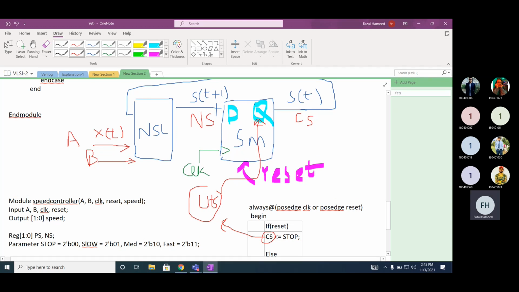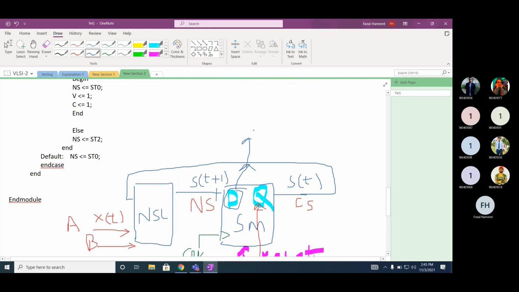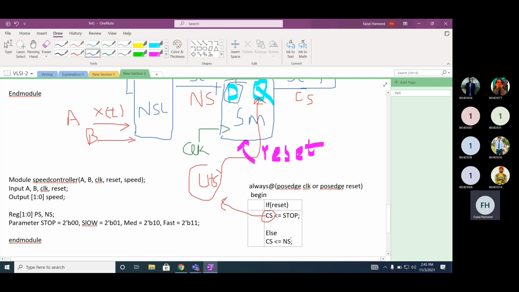And what is your input? D. But what is your input in this particular example? NS. So actually this D is on the left hand side or right hand side? Right hand side. So here is your D.